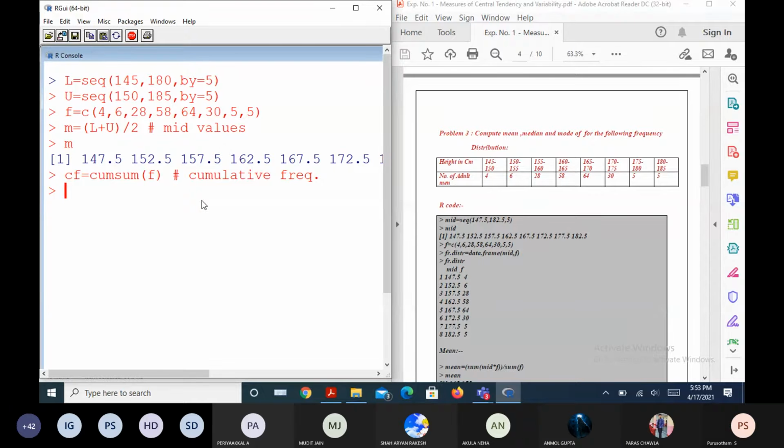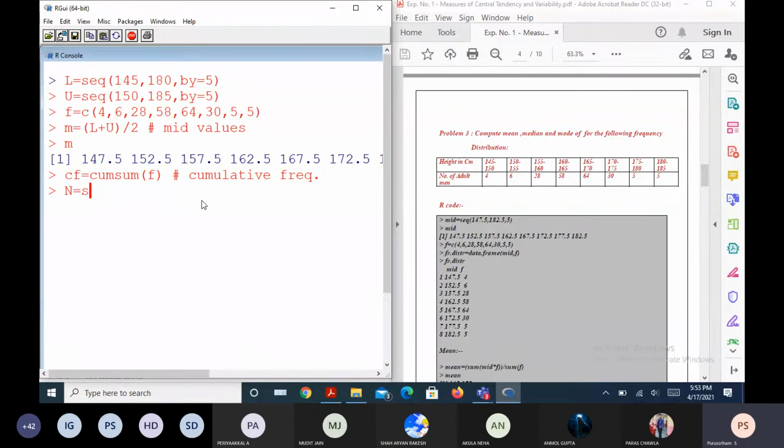Yes, sir. What else do we require as columns in order to find the mean, median, mode? Are these things enough? N is equal to the sum of the frequencies, right? The value of N is 200.